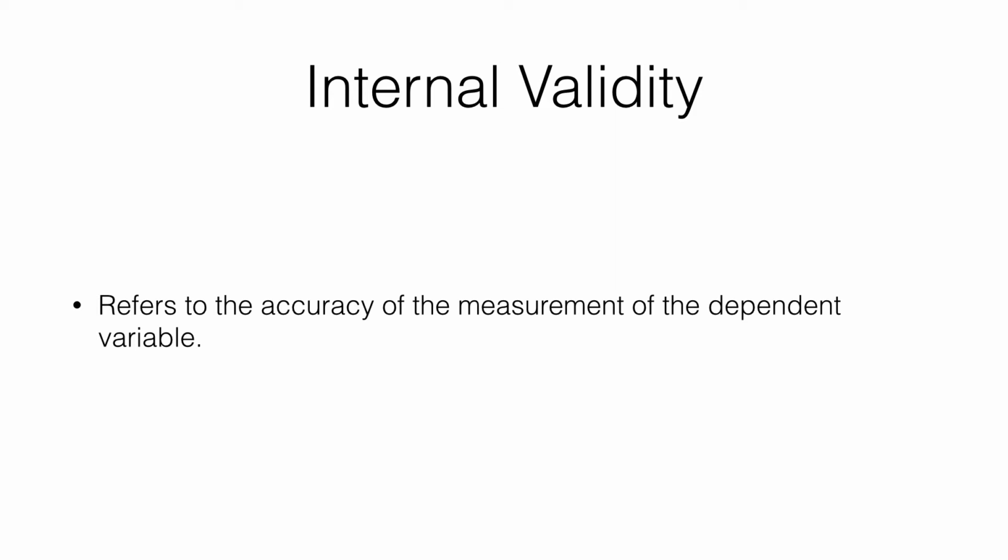So a better way to measure this would be to use a video camera. So we're measuring the dependent variable using a video camera of someone's reaction time. So we're filming it, and then we can watch it back and time exactly how long their reaction took. And that's a much more accurate way of doing it, and we can also repeat it. So we can have multiple people do it. And that would be high in internal validity because we have accurately measured the dependent variable, which in this case was reaction times.